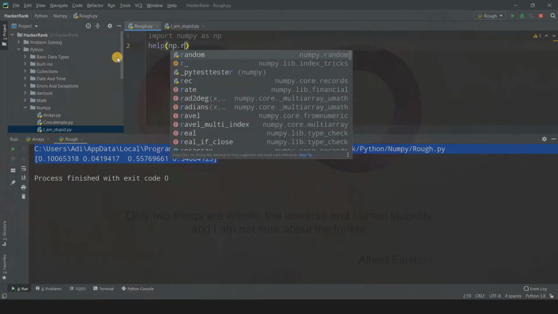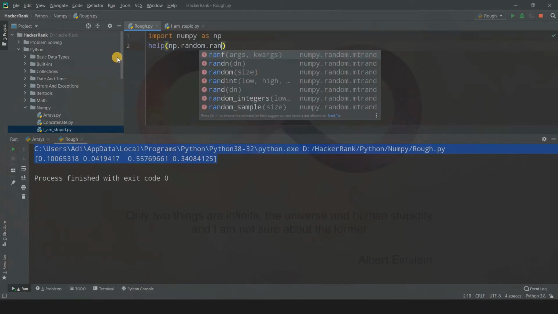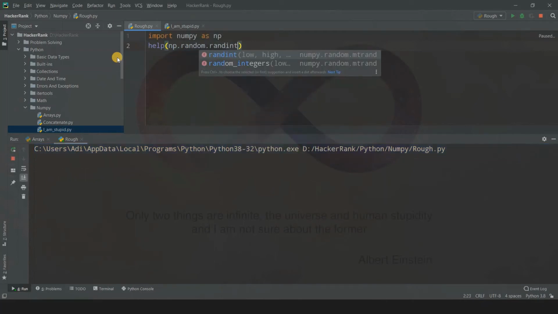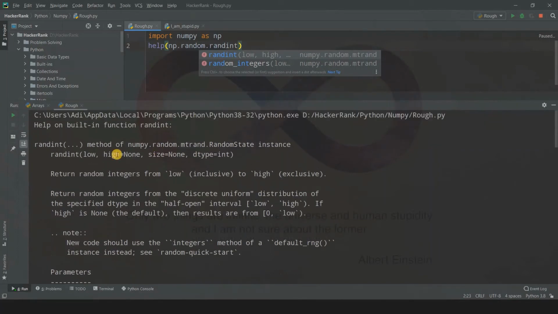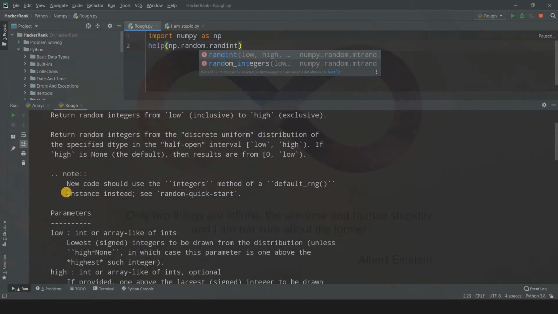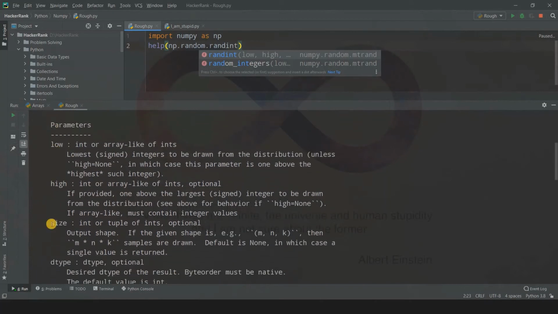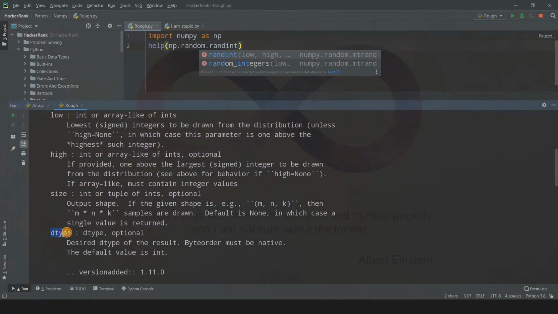So np dot random dot randint. So it is not randint, remember, it is randint. Fine. Yeah. So see, now there are some parameters that we need to know. There are low, high, size, and dtype. So regarding dtype, you know this argument. So if you write dtype equals integer, then the returned array will be of integer type, and so on. So I'm not going to discuss this over here.